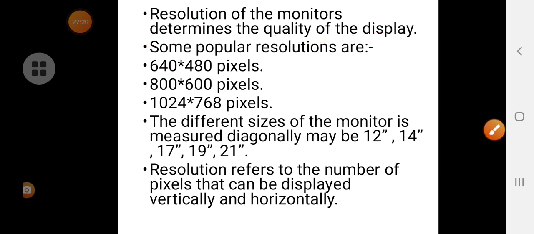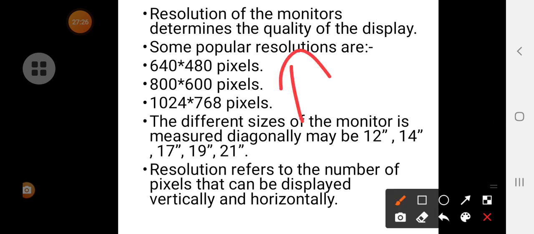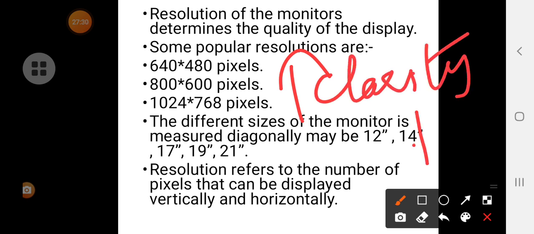That is the clarity of the image captured in your phone is more, in the sense pixels are more in your phone. The same way here also, if the pixels are more, then the resolution will be more, and the display quality will be more. So all three are directly proportional.